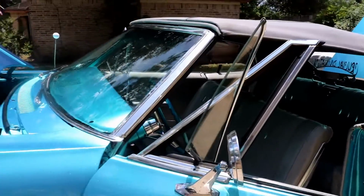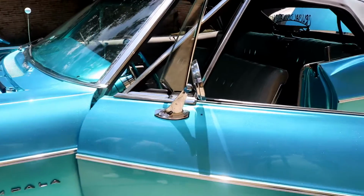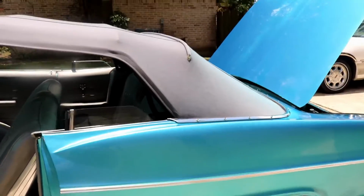I mean, I know to you, since you're a perfectionist, you feel like it's not all that yet, but man, this car is almost flawless, bro. It's beautiful. Man, thank you. Yeah, everybody has their